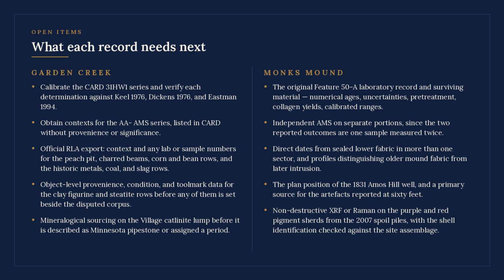What each record needs next is specific, and in both cases it is recoverable. At Garden Creek, calibrate the card series and verify every determination against its primary publication. Obtain contexts for the AMS series. Get an official RLA export carrying context and sample numbers for the peach pit, the charred beams, the corn and bean rows, and the historic metals, coal and slag rows. And get object-level provenience, condition, and toolmark data for clay figurine and steatite rows before any of them is set